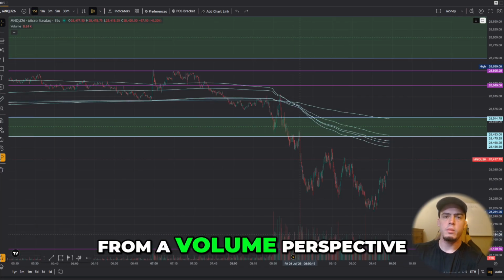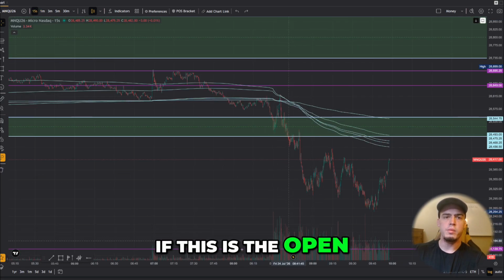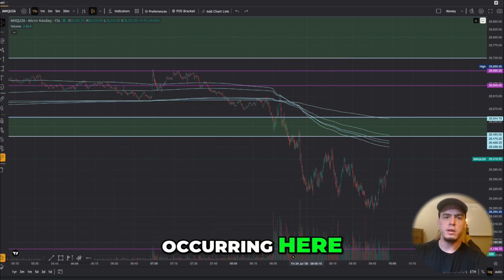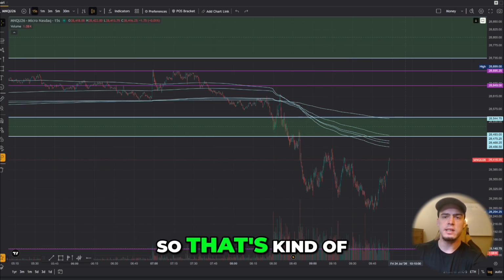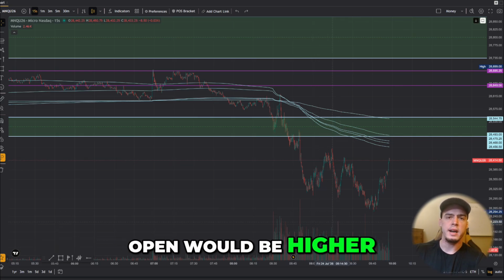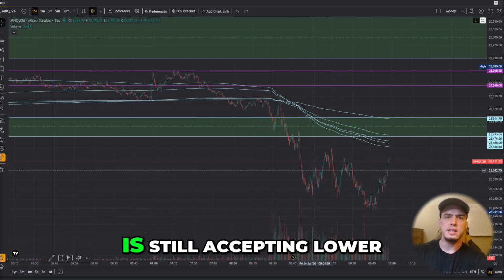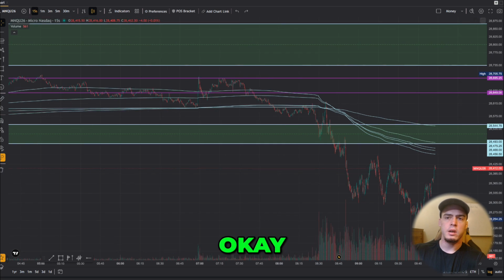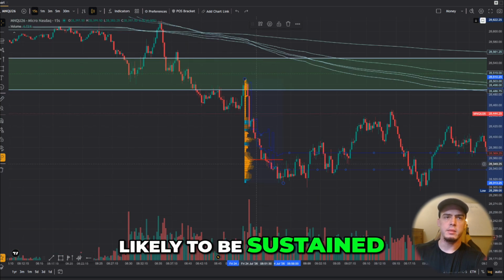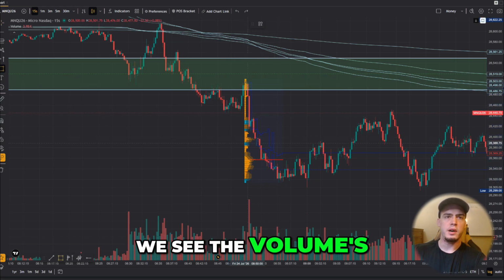Yes. From a volume perspective, if this is the open and this is after the open, there's much more volume occurring here, and it's after the open, so that's kind of a weird S-curve. You would assume that the volume on the open would be higher. Volume into lower prices is still accepting lower. Okay, so that's the longer term time frame entry. Is this spike here likely to be sustained? Well, we see the volume's accumulating here,